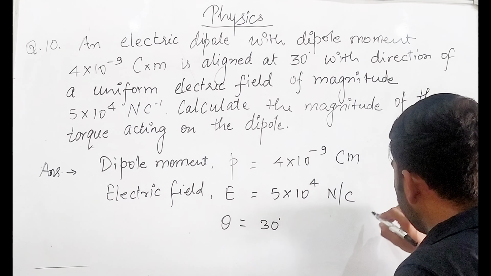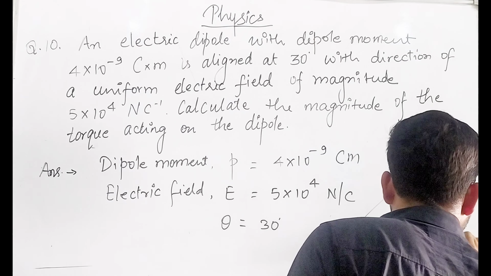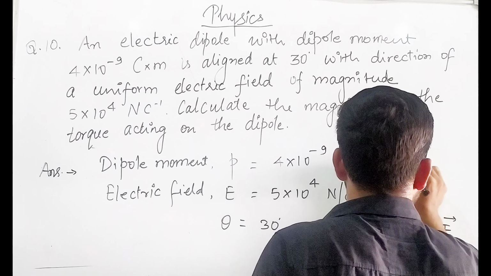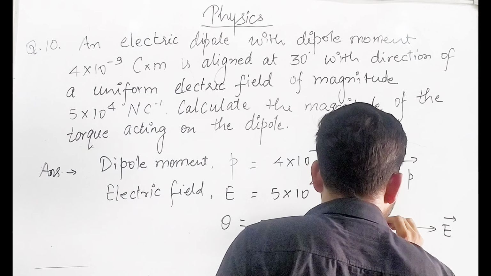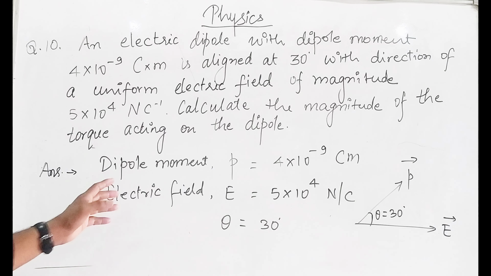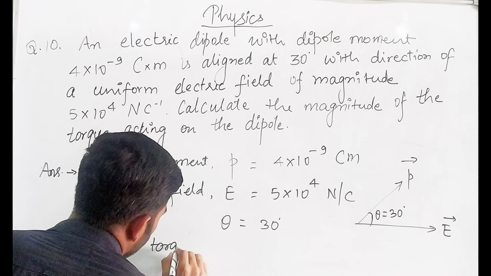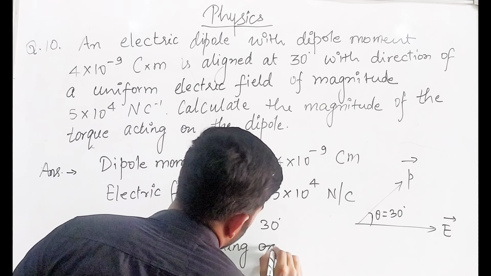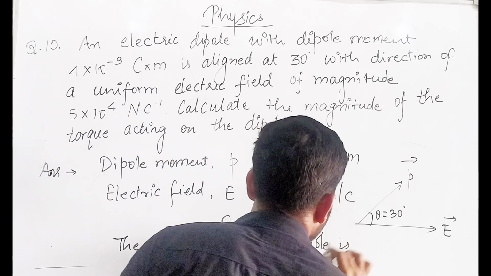We can draw it like, let us suppose this is the electric field E vector and this is the dipole moment P vector, and the angle between them is theta equals to 30 degree. Now as we know that the torque acting on dipole is